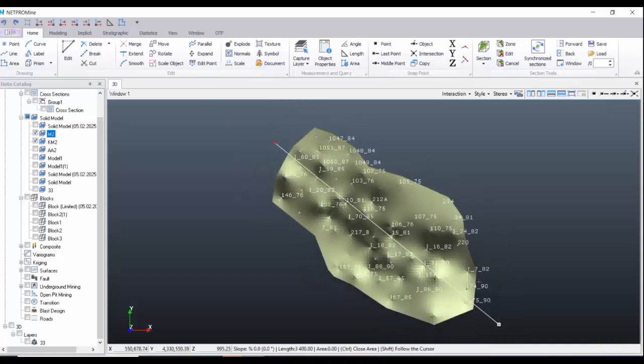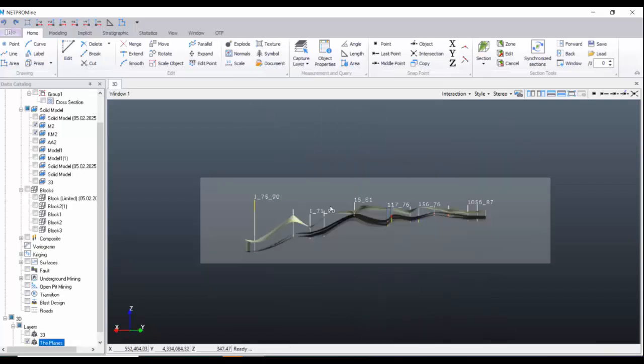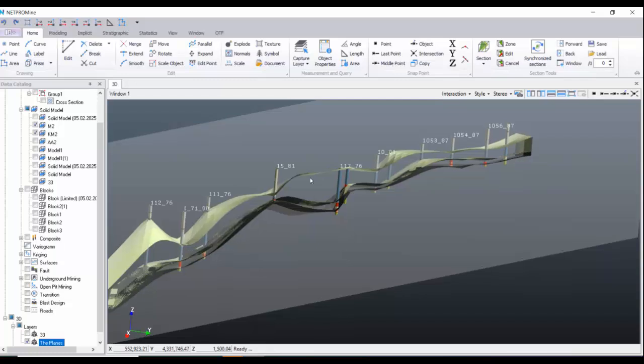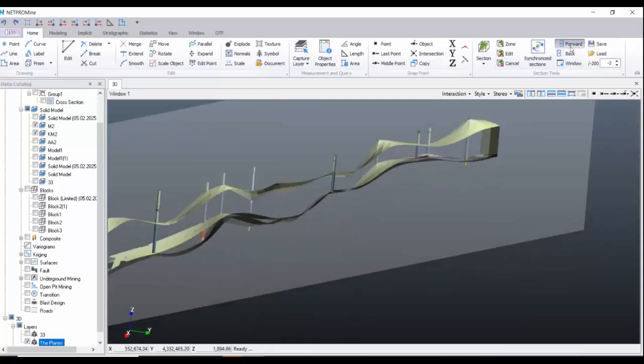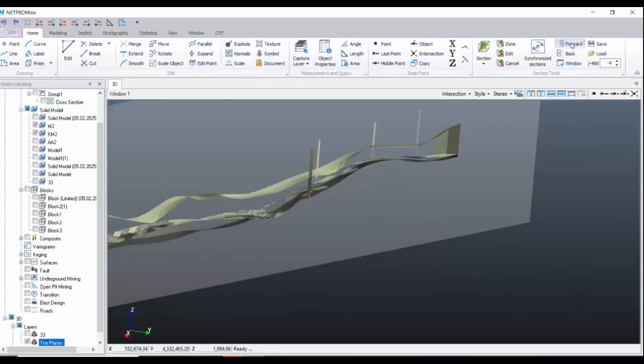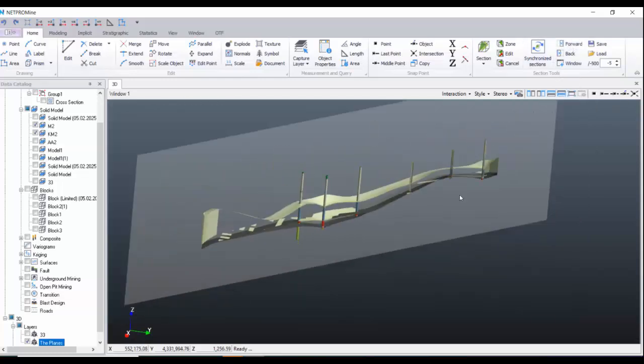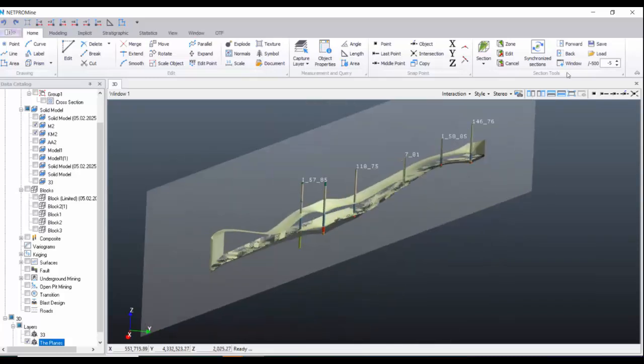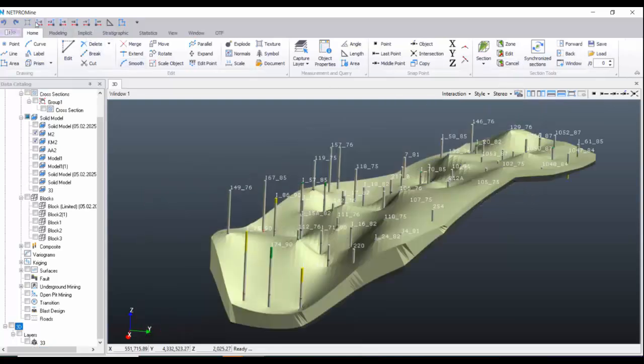Let's get a slice of it. Yeah, with the sectioning, if you use move forward and back, you are actually getting the sections and moving in between them. Now let's get a zone section